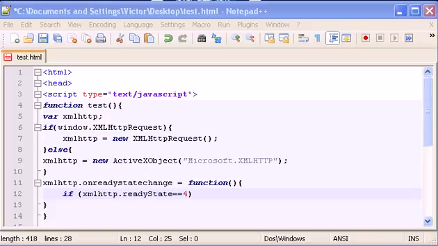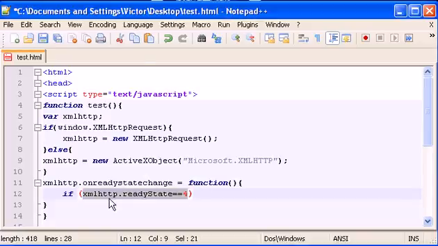0 means that the request has not been sent at all. 1 means that the server connection is established. 2 means that the request has been received by the server. 3 means that the server is processing the request. And 4 means that the request has finished being processed and the response is ready. So basically 4 means that your browser is ready to receive the information or the answer. So if we are ready to receive the answer,